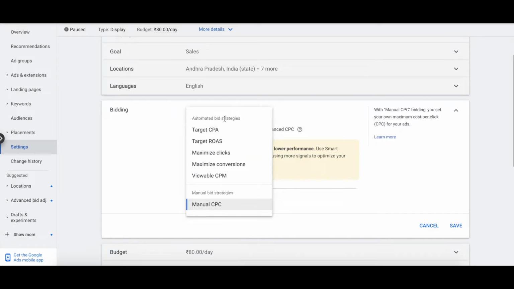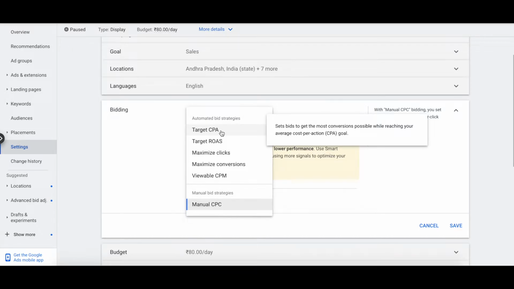These are automated bid strategies. Automated bid strategies are good, but depending on various combinations it will start showing ads, and there is no certainty when it will show an ad. It depends on the algorithm and a lot of unknown factors.